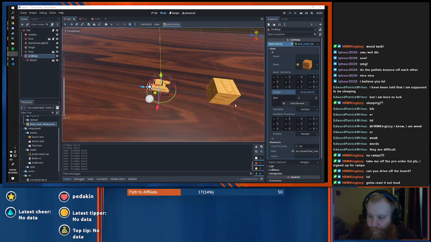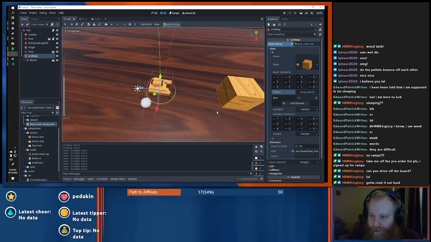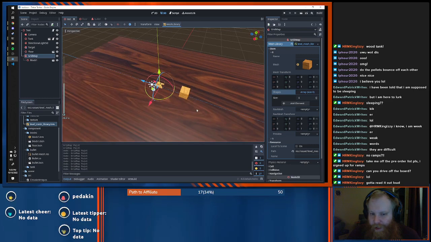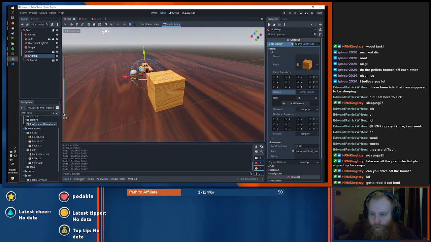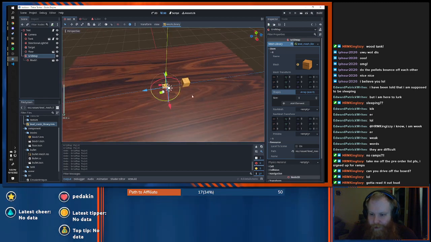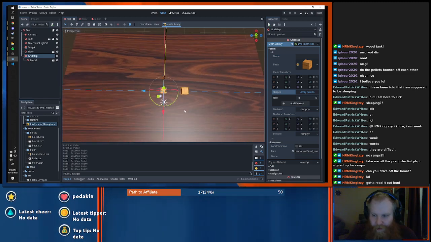I'm trying to decide if I want to spend a bunch of time figuring out this grid map system that I know is kind of a pain in the ass and that a lot of people don't like, or if I want to just eyeball everything.